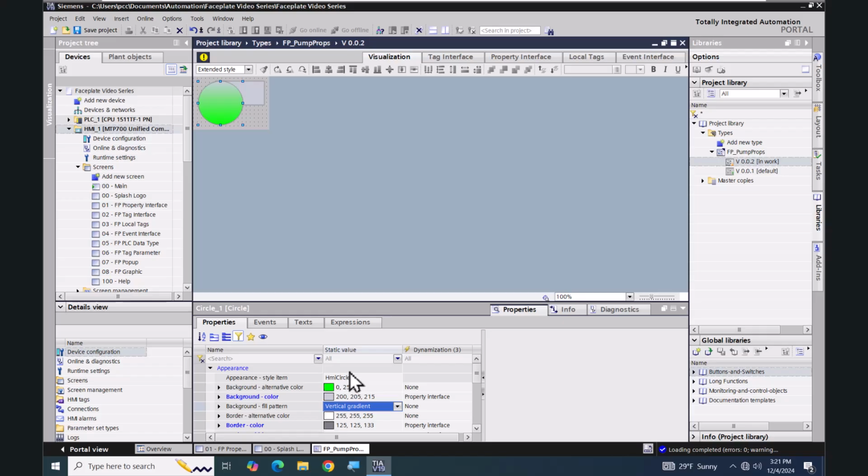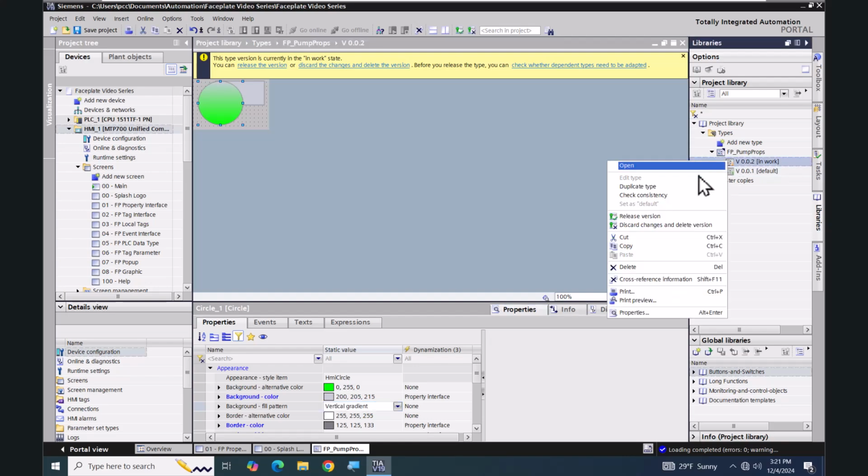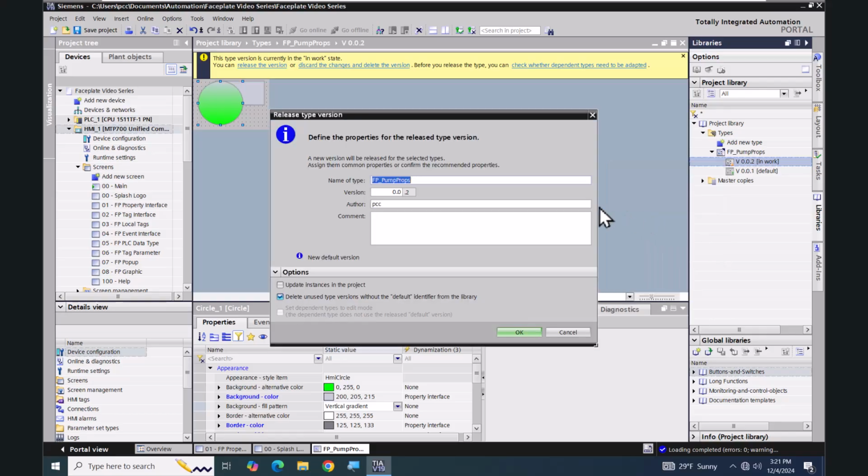Once I'm satisfied with my changes, I can either click on the yellow up here and select Release Version, or I can go into the project library to my in-work version, right click on it and select Release Version. Now, this time I get presented with options to update the instances in the project and delete unused types. If I don't select Update here, I will just have the updated version in the project library, but those changes will not be included in my actual application. So what I'm going to do is select Update